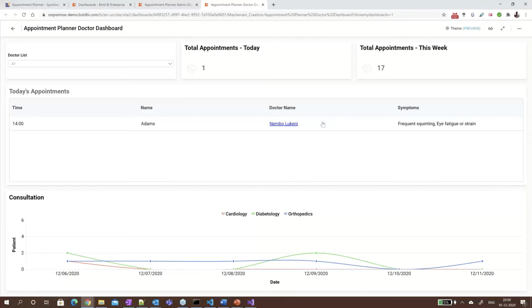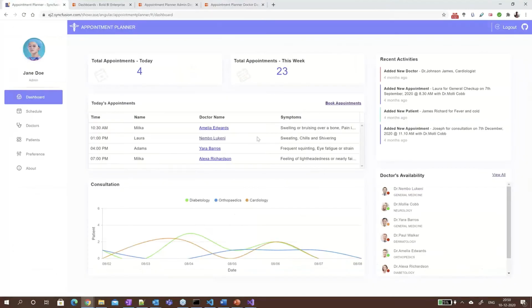So what we're going to do is, we'll be embedding these two dashboards in the appointment planner app, and based on user or doctor logins, we'll be showing the corresponding doctor dashboard based on information from that specific doctor.